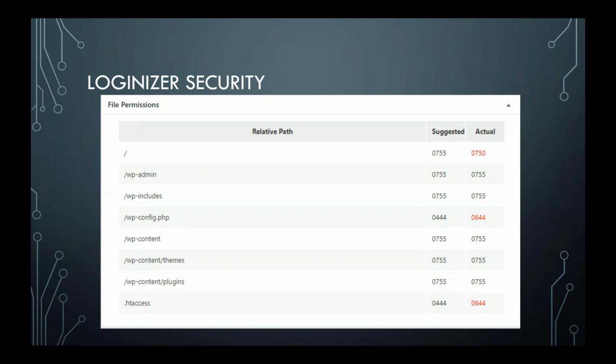Another thing this particular plugin recommends is changing the file permissions. The file permissions are who can update, who can view, and who can remove files on your web server. Here it lists several directories and even an individual file, and it says, your file access in the first one is 750, we recommend 755. I don't know what the numbers are offhand, but there is a key which you can see in the file management tool in cPanel.